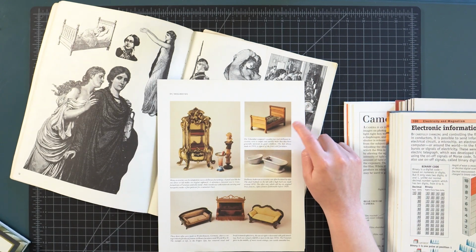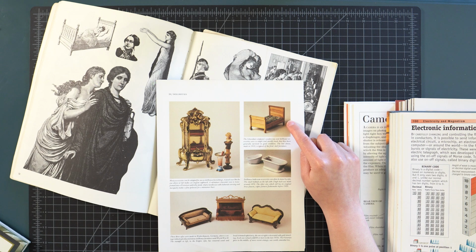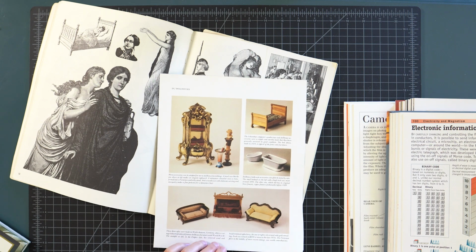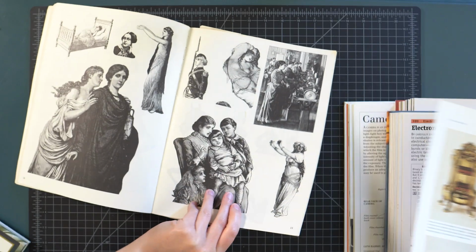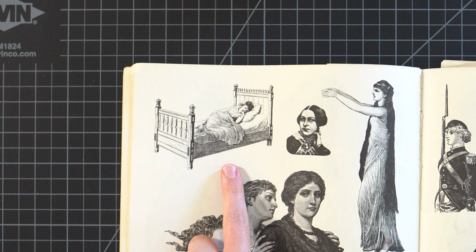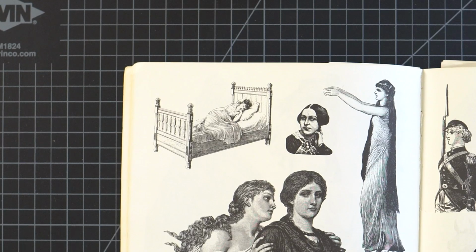I found this bed from this doll furniture, and I thought that maybe this was cool, and that would be a nice focal point. And then I was thinking, well, actually the bed is kind of a nice idea. So then in this book, I found this lady sleeping, and this was what got me going. And I was like, okay, awesome. What if we create her sleeping in the center, and then what's surrounding her is her dream? And I love that idea, and I think that this is really cool, and we can do some really awesome